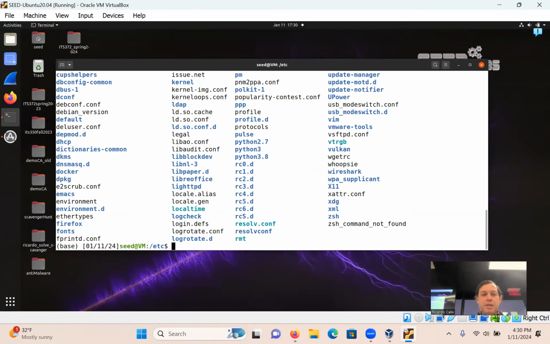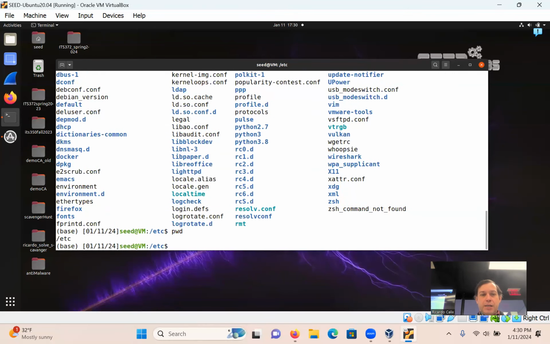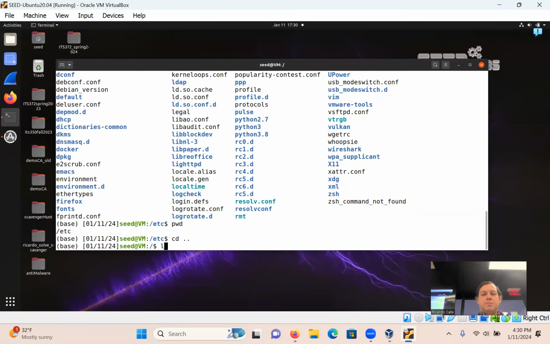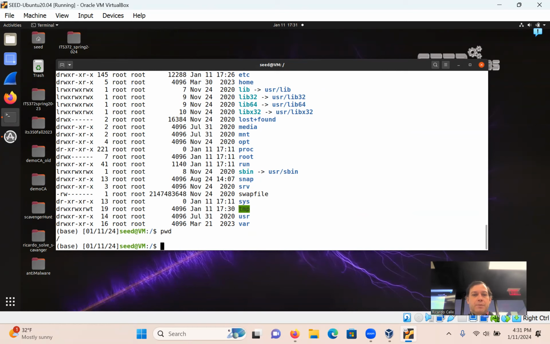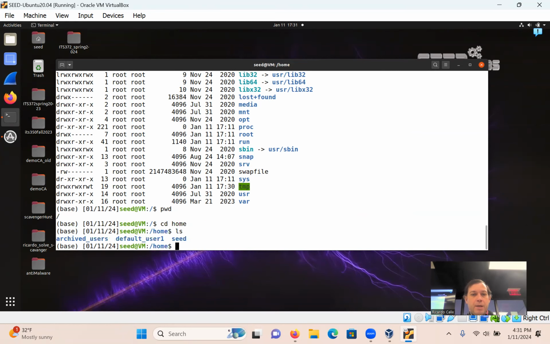As you can see, I'm in etc right now. I should probably get out of this folder because I am an administrator. If I do sudo and start creating files in here, I shouldn't be doing this. This is a very important folder, where you have configuration for everything. So get out of it and just go to your desktop probably. You can see here, I'm at root now. Okay, so then I'm going to go into cd home, ls, cd seed,